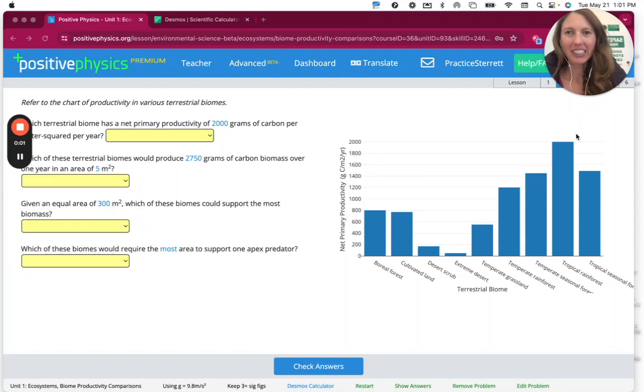Hi, environmental science students. We're looking at a graph of different biomes and their net primary productivity. If you want to learn more about how to calculate the net primary productivity, we'll be doing that in another skill. The first question here is which terrestrial biome has a net primary productivity of 2,000 grams of carbon per